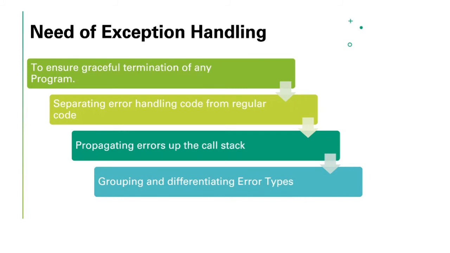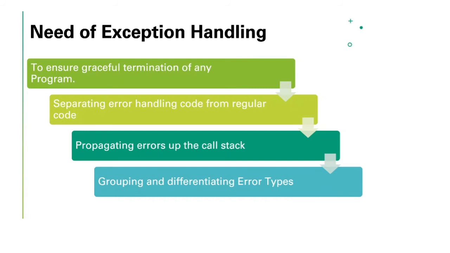Now the question arises, the need of exception handling. See, we have seen that traceback message, right? Now that traceback message is not readable by the people who do not know programming. See, I am a developer, you are a developer. You can actually understand the traceback. Okay, line number, okay, semicolon missing, okay, that is the print statement. But what about the people who do not know programming and you are developing a software and just delivering it to them, and they have to enter a certain integer, but by mistake they entered 0 and they got that traceback. So those people will not be able to understand what is written over here.